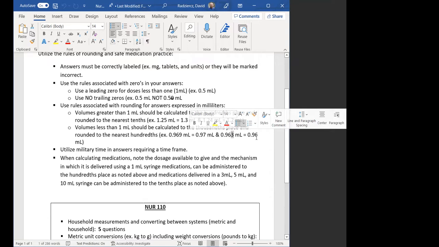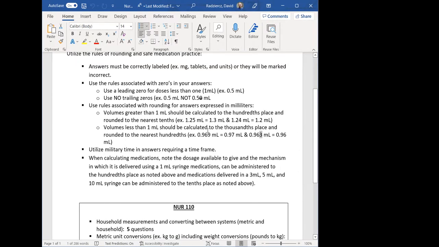Are there syringes that go down to the thousandths place? Yes. So ultimately, it depends on the syringe that you have available. That will also be the thing that dictates your rounding, and also the different types of medications that you're utilizing. I will say from experience teaching this, at least for the nursing students at Allegheny and at Boyce,